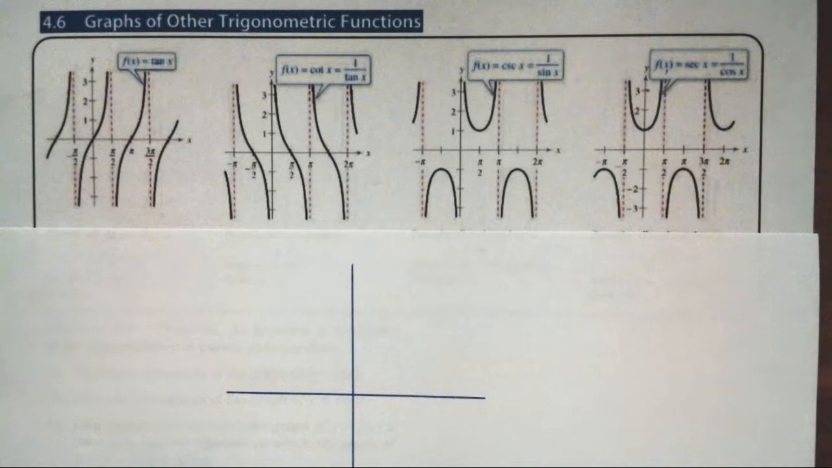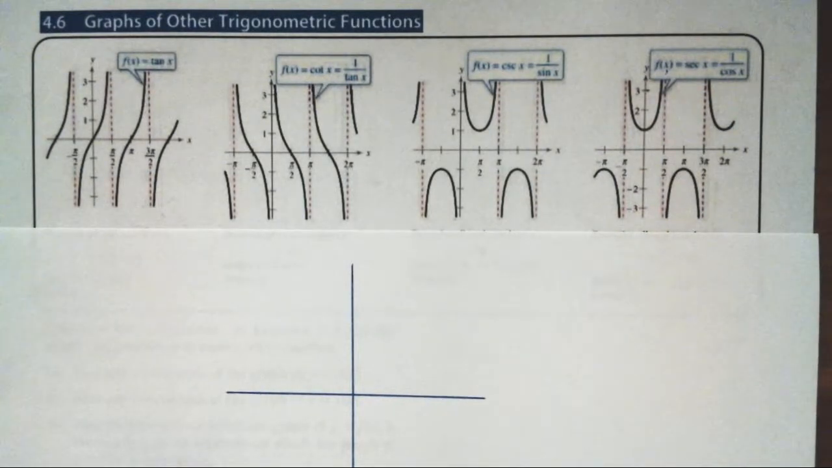Welcome to Honors Pre-Calculus. We're going to talk about the graphs of what the book's referring to as the other trig functions, which are the trig functions that are not sines and cosines, namely tangent, cotangent, cosecant, and secant. And you'll notice on all four of these examples, all four of these trig functions, we have some asymptotes which